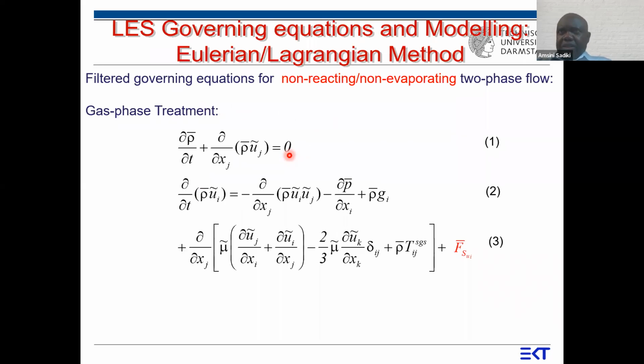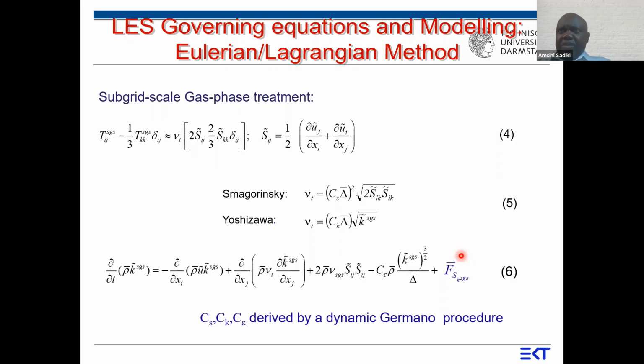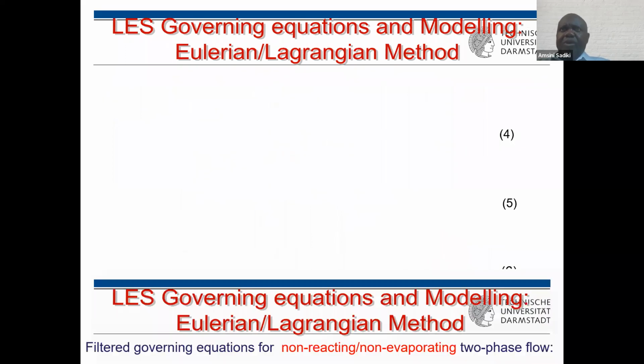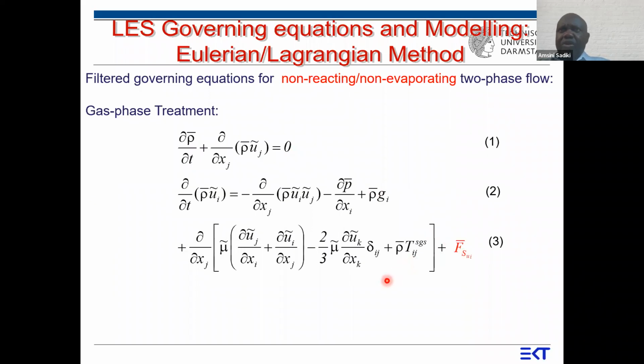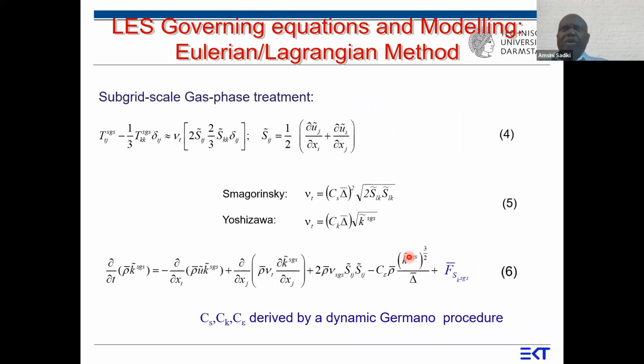And introducing this source term here, in which we know that also the turbulence should be modeled. So we need a model for this subgrid scale model. And for that, we use the Smagorinsky model,